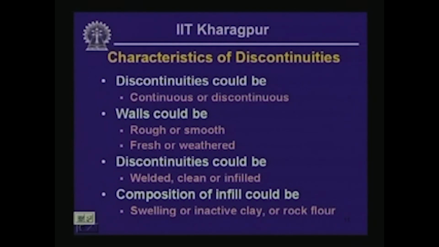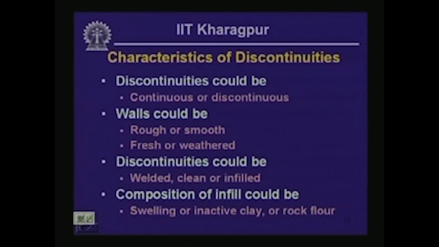The infill is most of the time composed of different types of clays, because if you recall from the discussion that we had earlier on chemical weathering of rock minerals, they get weathered and that leads to the formation of different types of clay minerals,